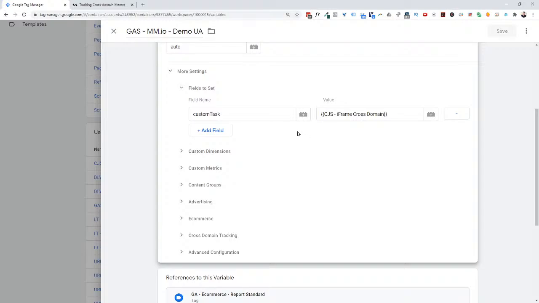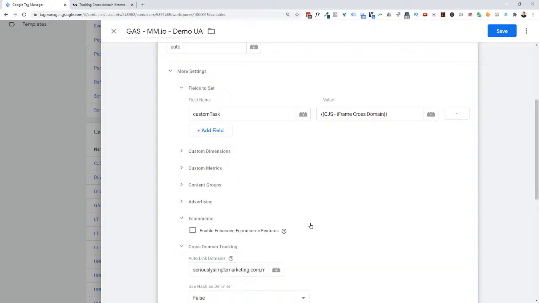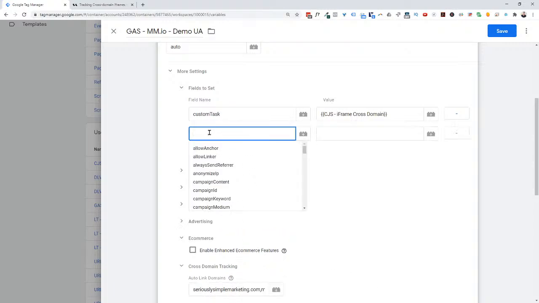Well, at this point, it's just standard cross-domain tracking. So first things first, we're going to come in and do the auto-link domains. So I'm going to say, hey, I want to do seriouslysimplemarketing.com. And typically I do back and forth, so it's measurementmarketing.com as well, assuming that the sites are going back and forth. So we'd set something like that up. So we have that. And then we need to allow linker